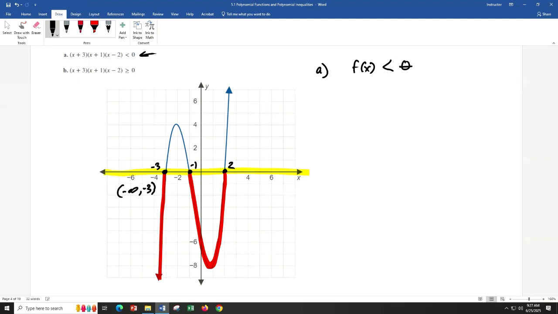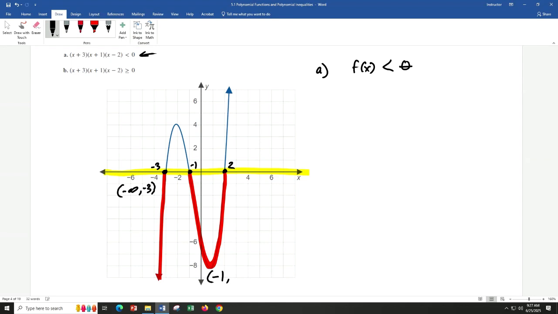It's strict. I can't put a bracket. Hey, where else is it negative? Where else do you see it start to dip? If we're going from left to right, always left to right. Where would it start to go down? Yeah. How about right here at -1, put a parenthesis, and where would it finally cross back up again before